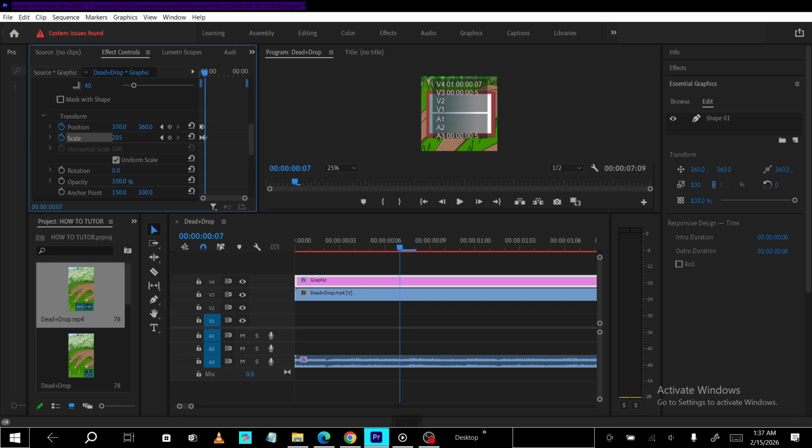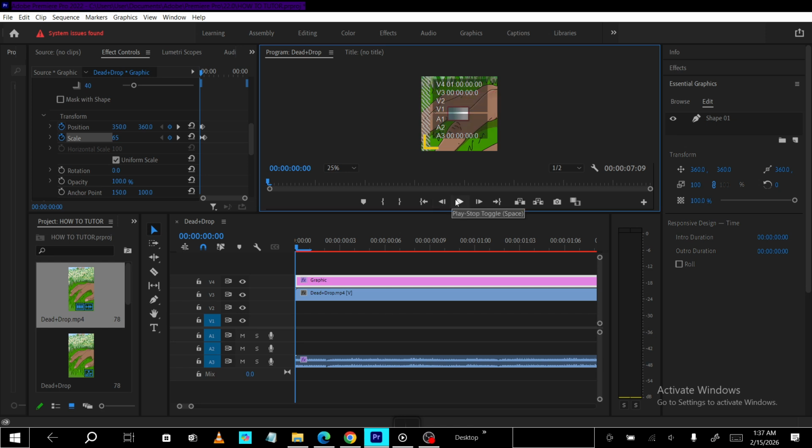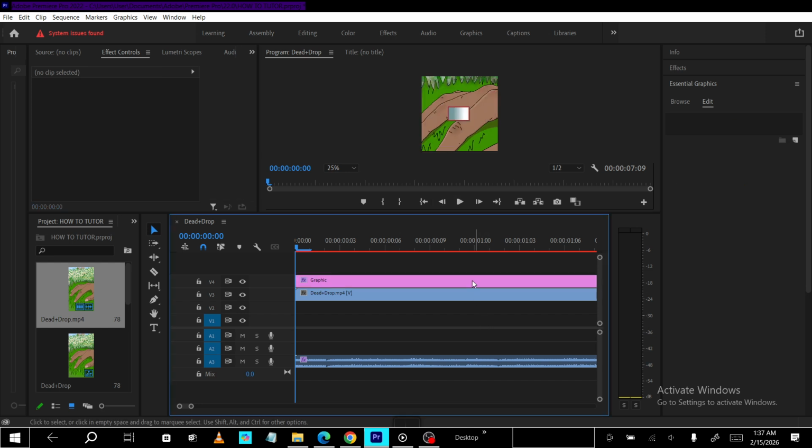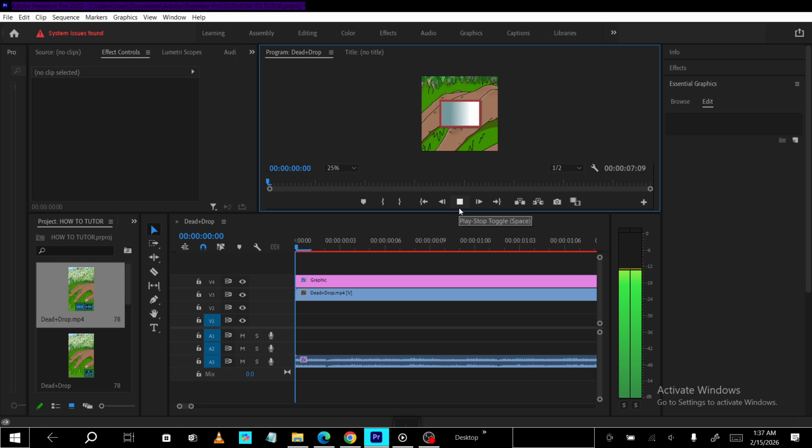That's the whole workflow. Open Essential Graphics, add a shape, customize fill, stroke, and opacity, resize and position it, and animate if you need movement. With these tools, you can quickly build clean lower thirds, callouts, or background elements